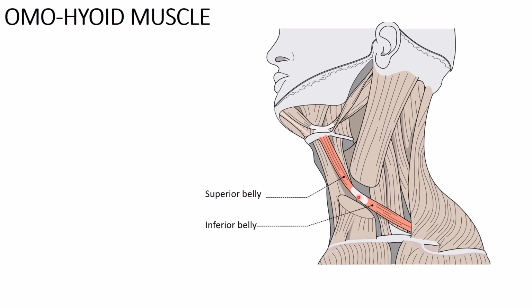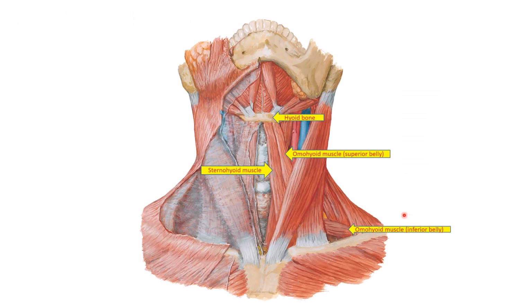This is the first muscle we will face just after we cut the sternocleidomastoid muscle. This is the omohyoid muscle, hyoid bone and scapula. Omo means scapula. Okay, the next muscle, just medial, just next to the omohyoid muscle, is called sternohyoid muscle. This is the sternohyoid muscle. The sternohyoid, sterno means sternum, of course, hyoid means hyoid bone. So this muscle is between the hyoid bone and the sternum, just medial to the omohyoid muscle, and it's of course one of the infrahyoid muscles.